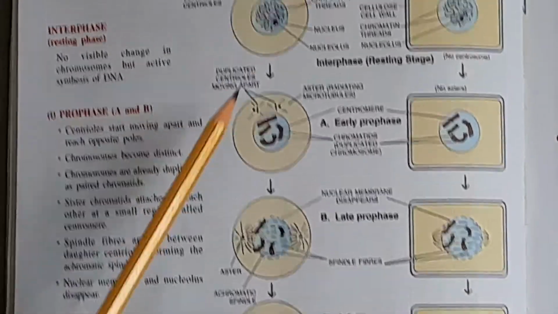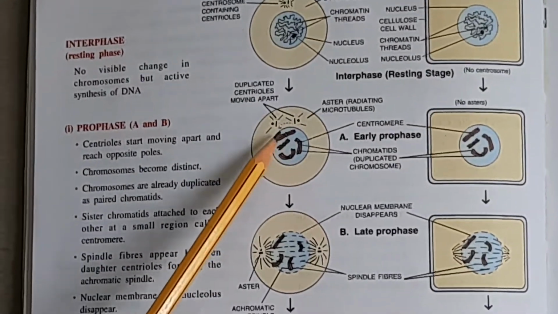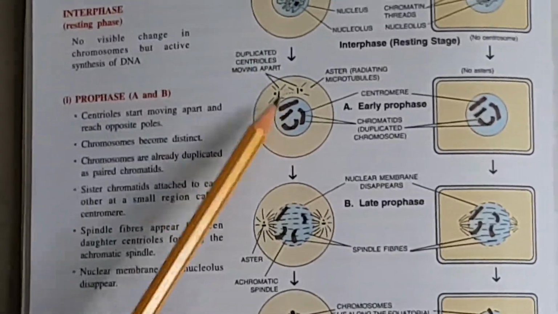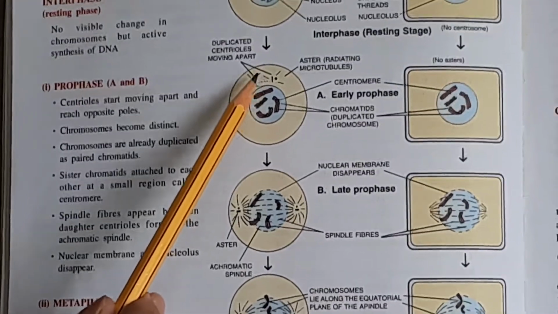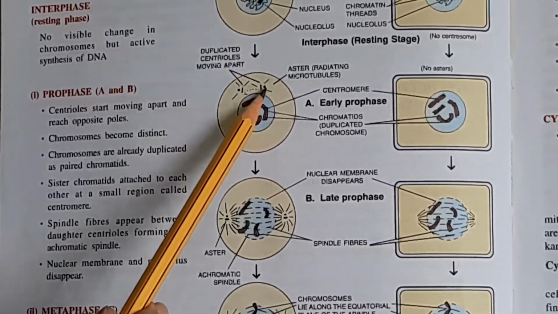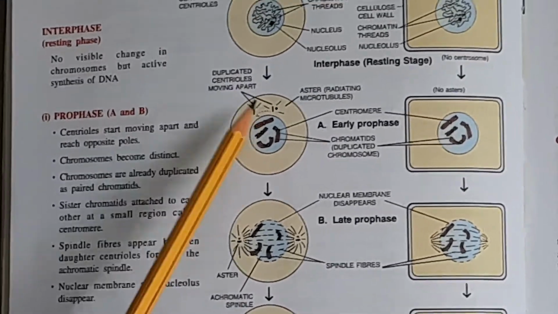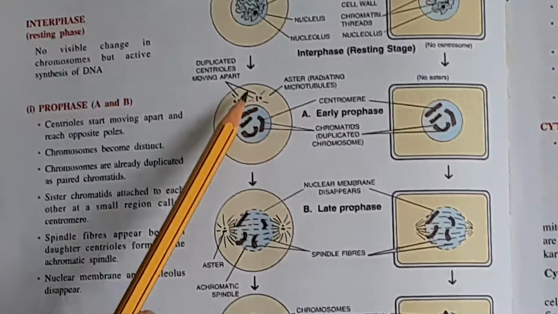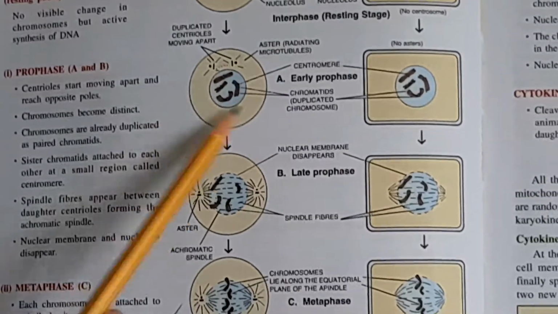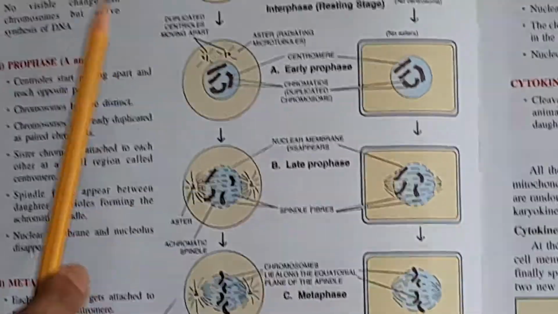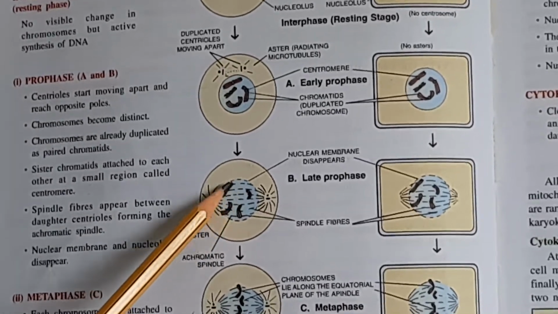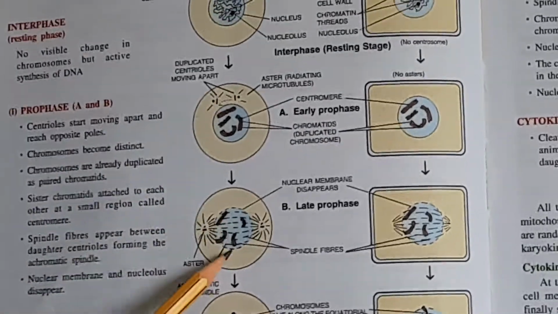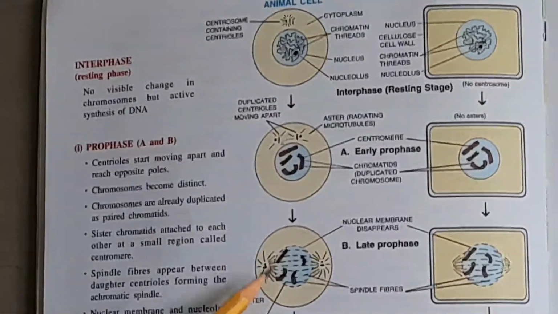First, you say that the chromosomes have already duplicated. Each chromosome is made up of two sister chromatids joined at the centromere. Then the centrosome, which contains the centrioles, will split into two daughter centrioles. Each centriole will develop ray-like structures called astral rays. Centriole plus astral rays is called an aster. They will start moving towards the poles, and the nuclear membrane will disappear, the nucleolus disappears, and finally the chromosomes will get attached at the centromere with the help of the spindle fibers. So this is the longest phase of cell division. What I have explained is an animal cell.